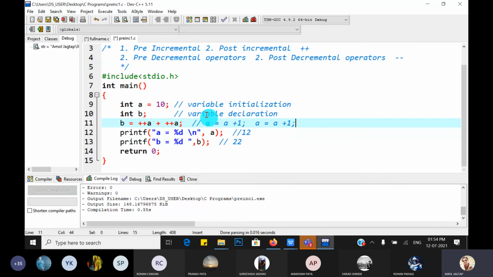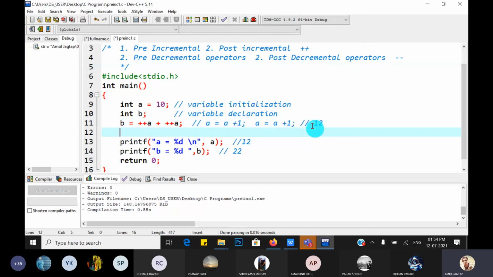The initial value is 10, 10 plus 1 is 11, then 11 plus 1 is 12. So now A becomes 12. In the next line, we execute B is equal to A plus A, so the current value of A, 12 plus 12, is 24.